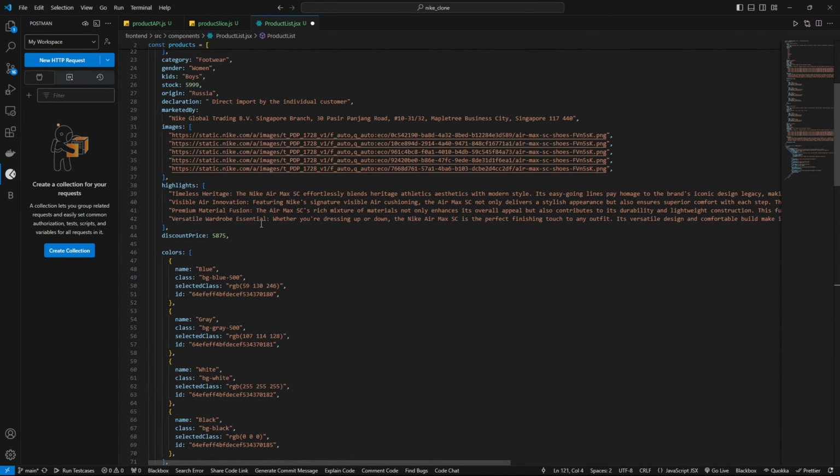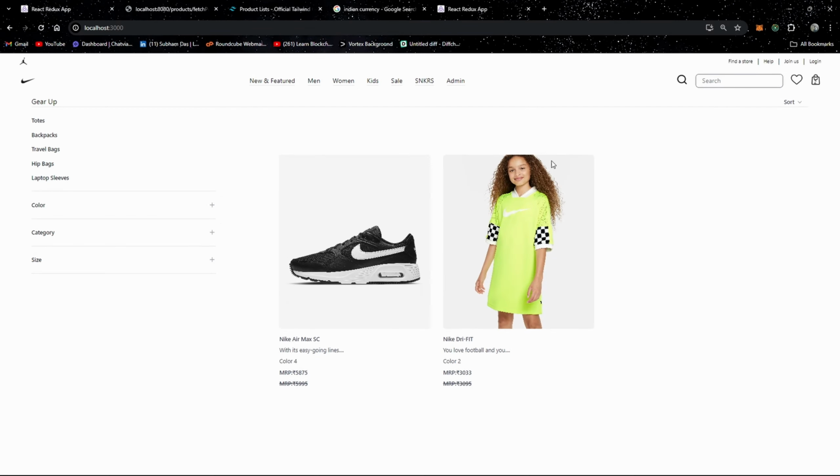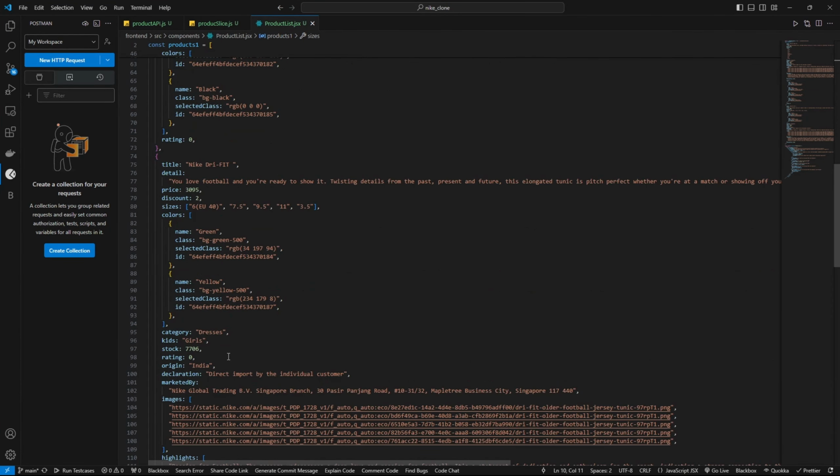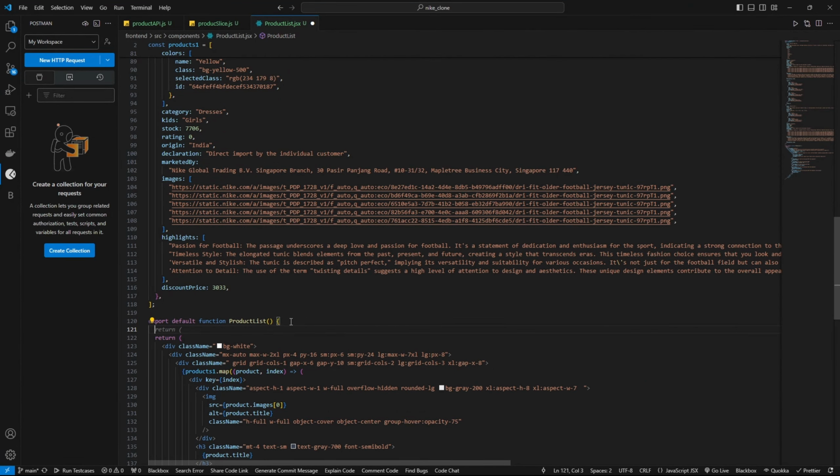Initially, as we have two products here, just rename it by clicking on it two times and then click F2 to rename it. So just write product1 so that it doesn't give us any errors for now. So yeah, it has two products, and now we are going to write a variable to get the product from our state, which we have stored from the backend. Like the product came from the backend and we stored it in our redux store or redux state. Okay, so const products equal to